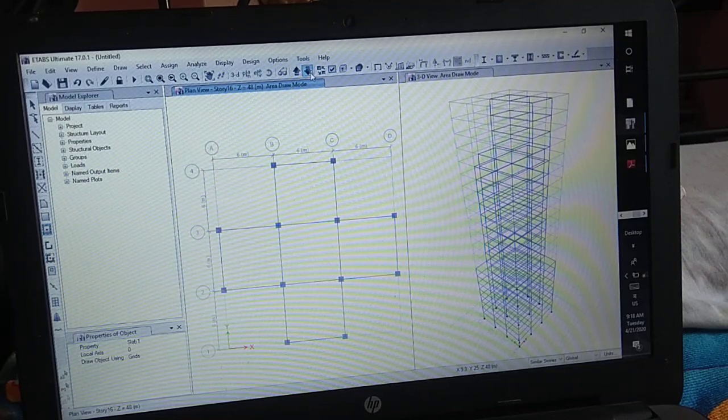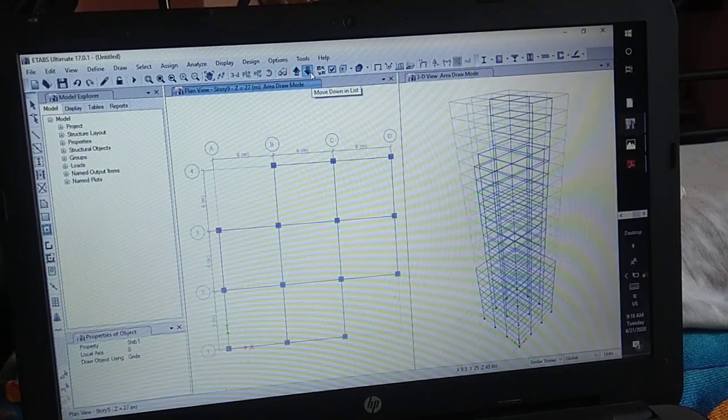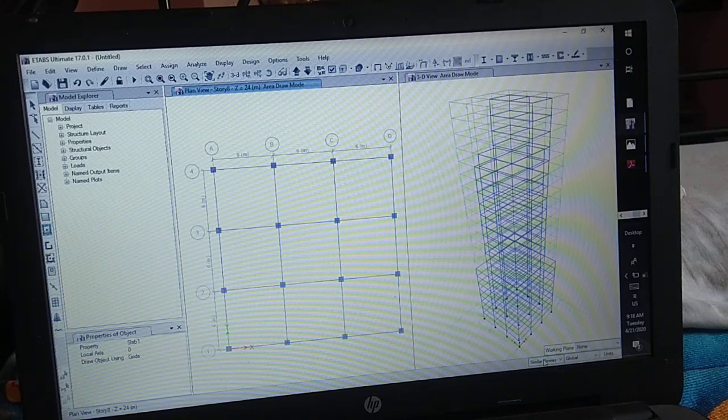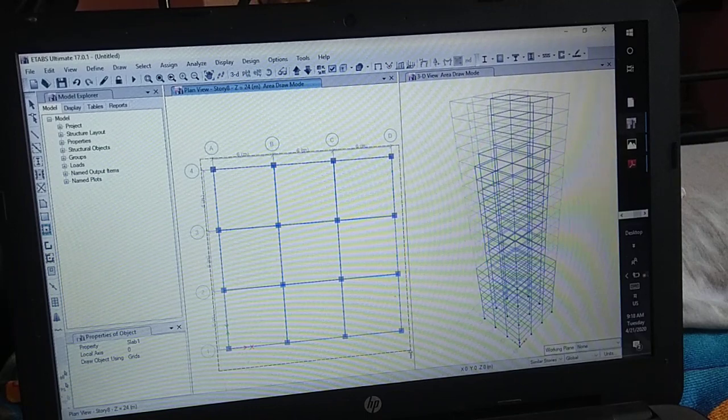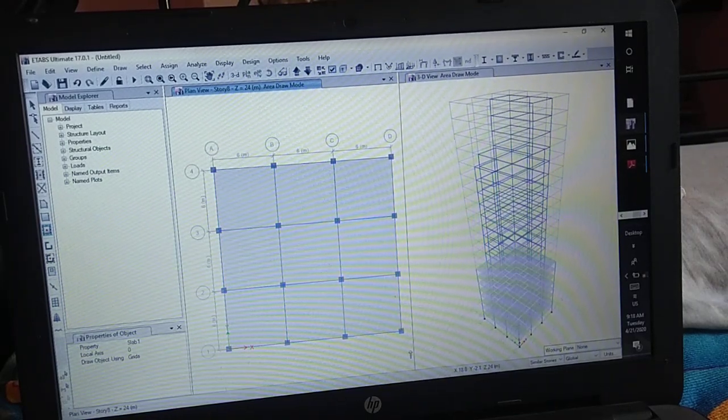So go to any story between 1 to 8. Make sure you are working on similar stories. So simply click and drag to add slabs.